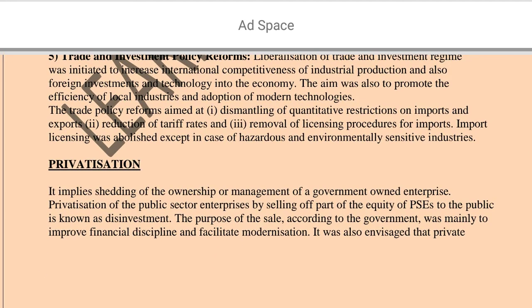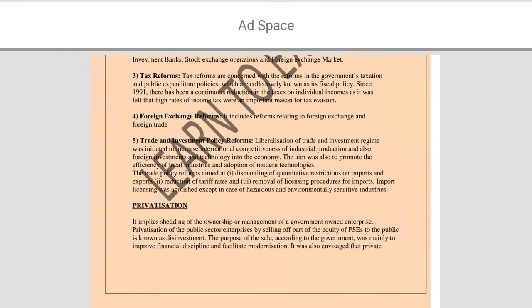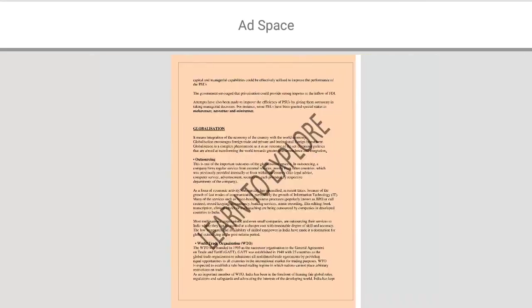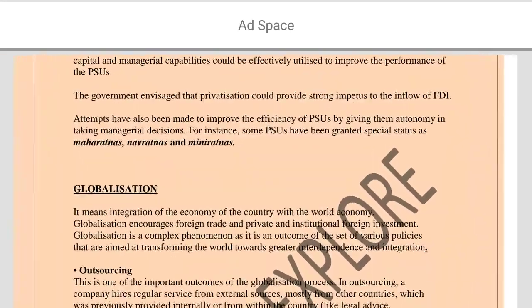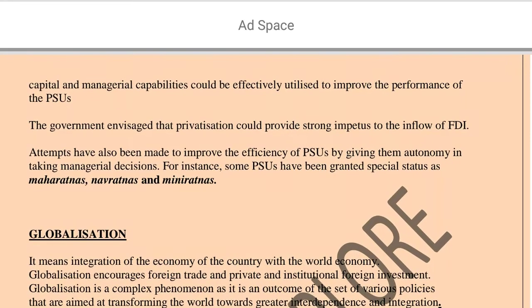So this is all about liberalization, what were its aims, objectives, and what steps were taken under the liberalization of the Indian economy. Now let's move forward to privatization. Privatization implies shedding of the ownership or management of a government-owned enterprise. Its purpose, according to the government, is to improve the financial discipline and facilitate modernization. It was also envisaged that private capital and managerial capabilities could be effectively utilized to improve the performance of the PSUs. So these were the aims of privatization, to increase the efficiency